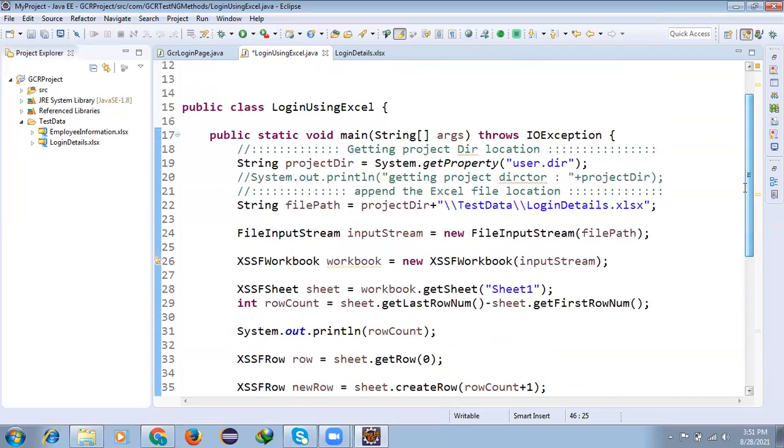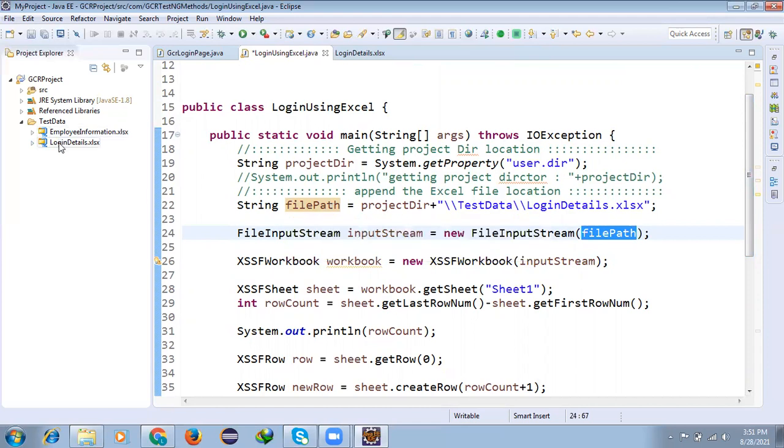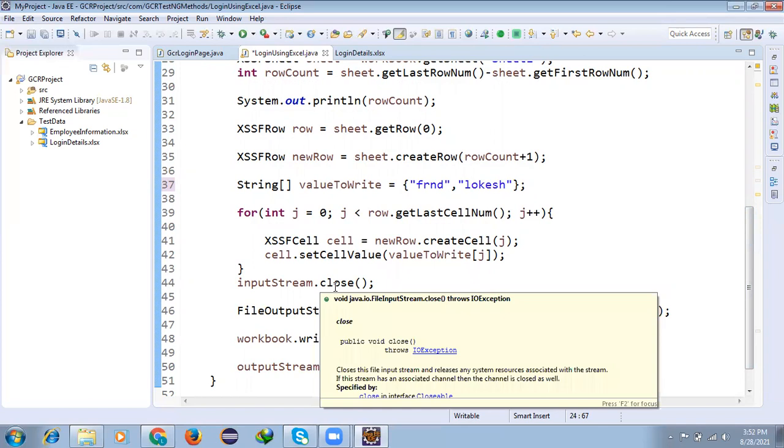Our file is the login details.xlsx file. We created the cell and stored the value, but we have not saved any value. If you are not calling this, it will not save any value. It just closes, and you will not see any value modification.